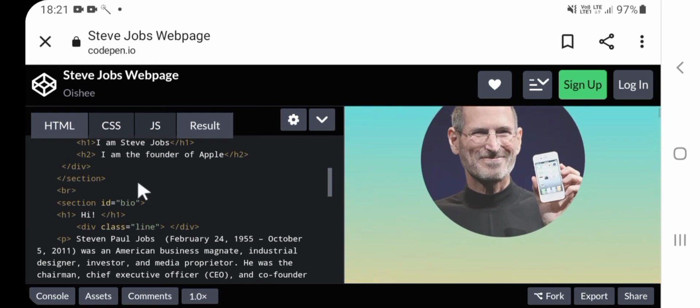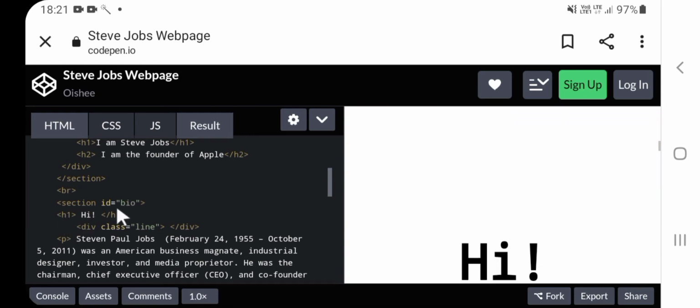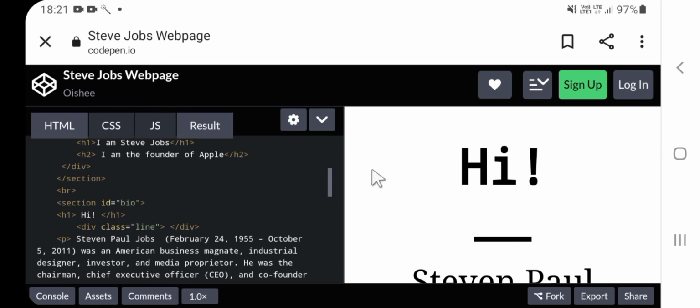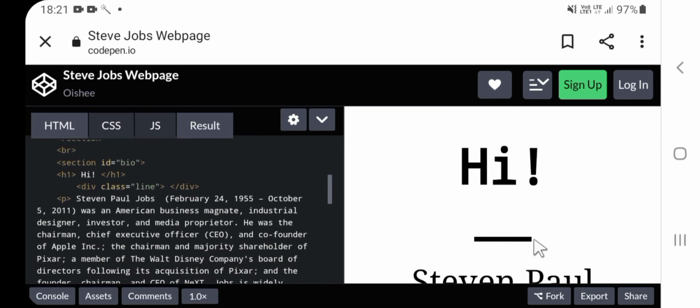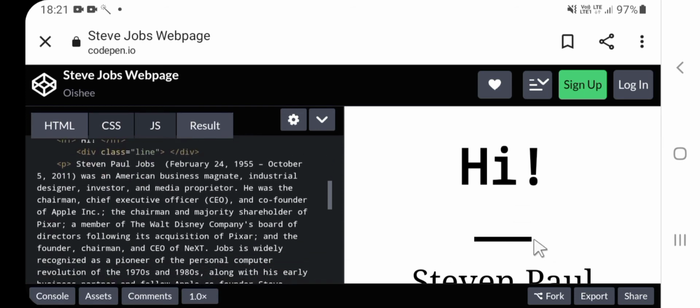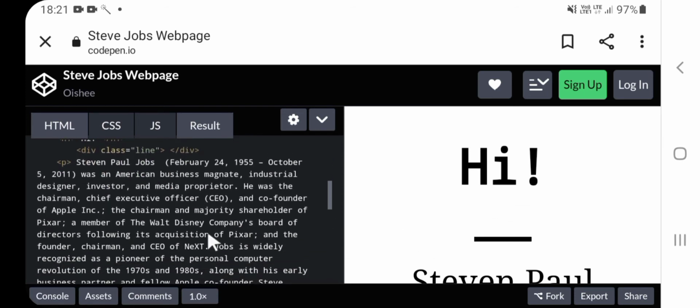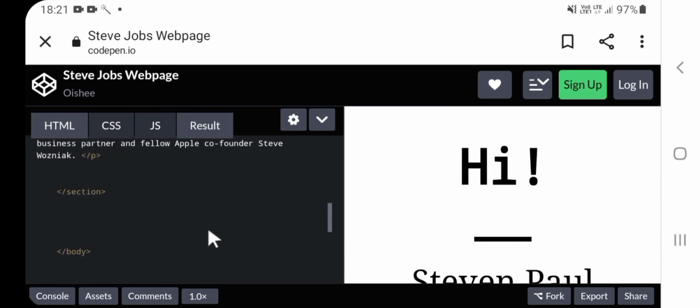We start with the second section coding from here. Over here we have the h1 as hi, and we close the h1 tag and start with a division class which is equal to line, and then we close the division tag. So this is the line. Now we start with a p tag, that's a paragraph tag, and I have copied this particular text from Wikipedia.